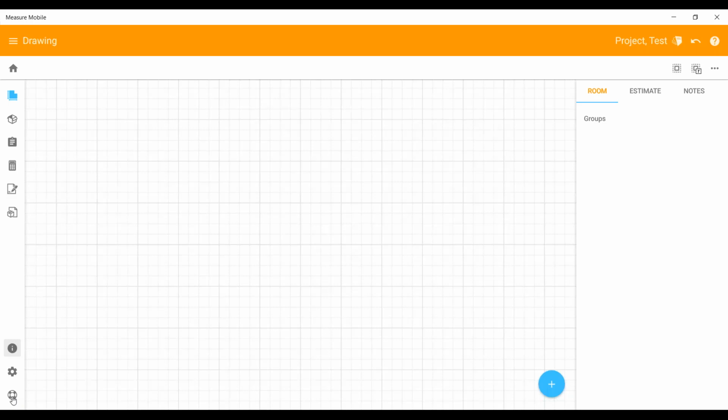And I'd recommend that if you haven't done so, that you have a look in there, because not only does it take you to the measureflooring.com website, the support section, it takes you right into the area that deals with Measure Mobile. So you'll be able to access short articles with screenshots that show you how to do things,